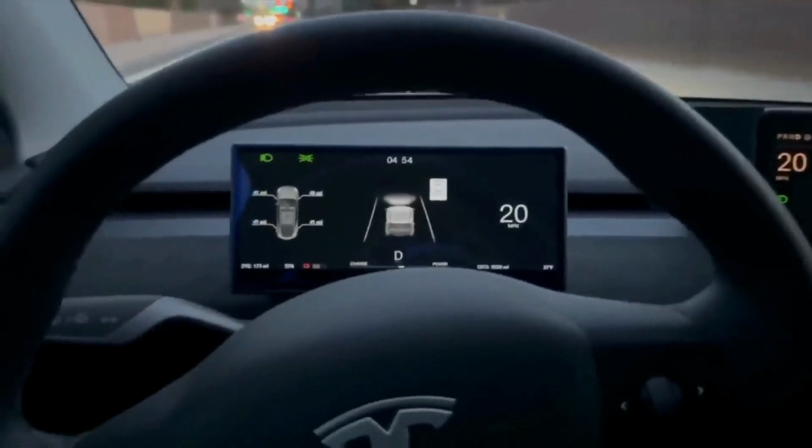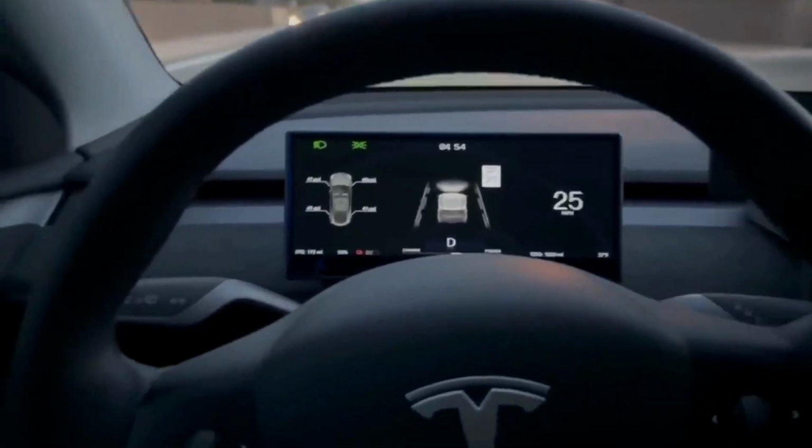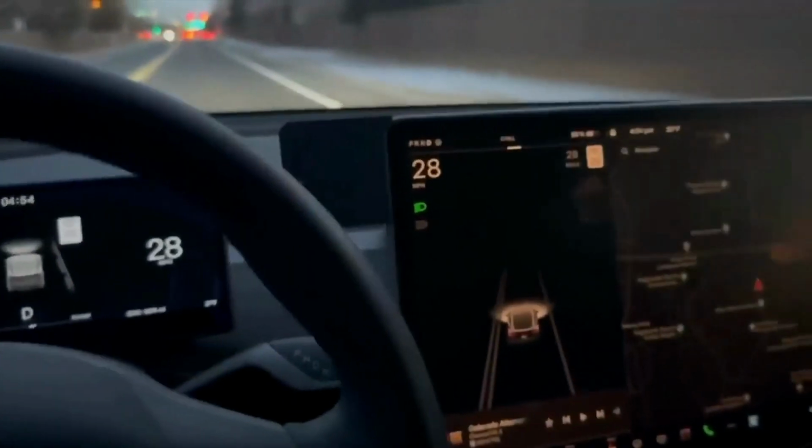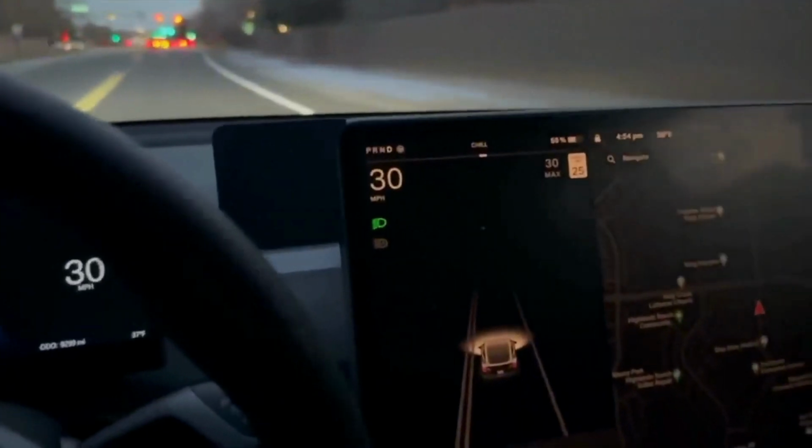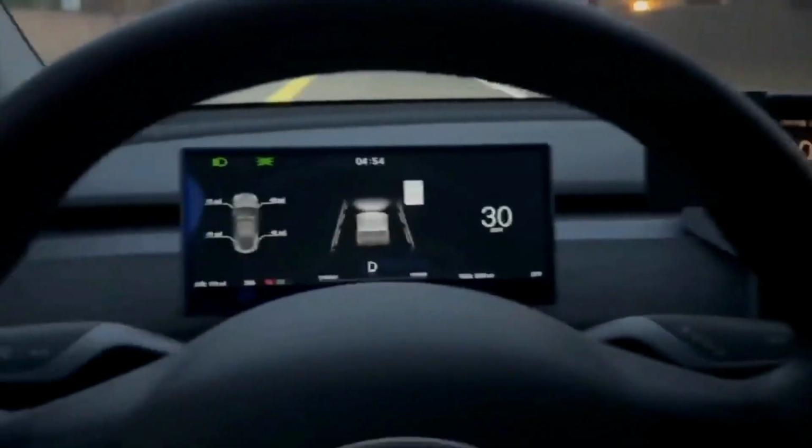And this is what the display looks like at night. It's really close to the Tesla display, but it's more white. You see, it's more yellow tint on the Tesla and more white